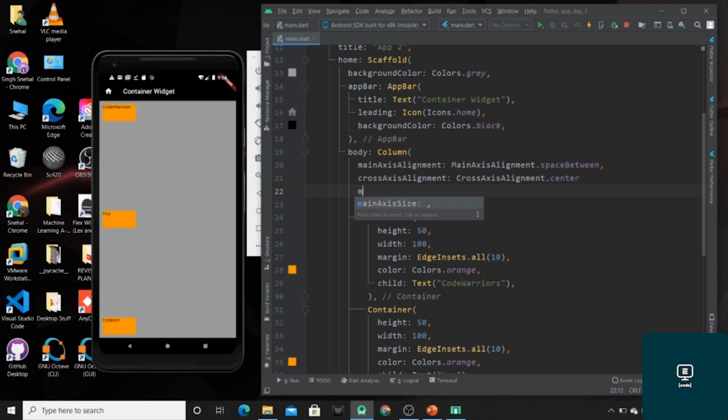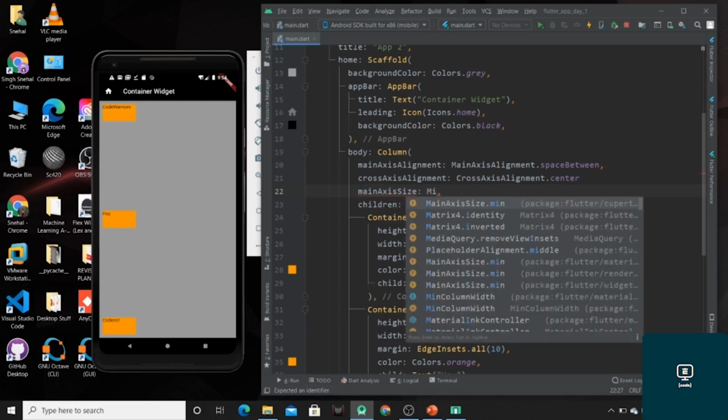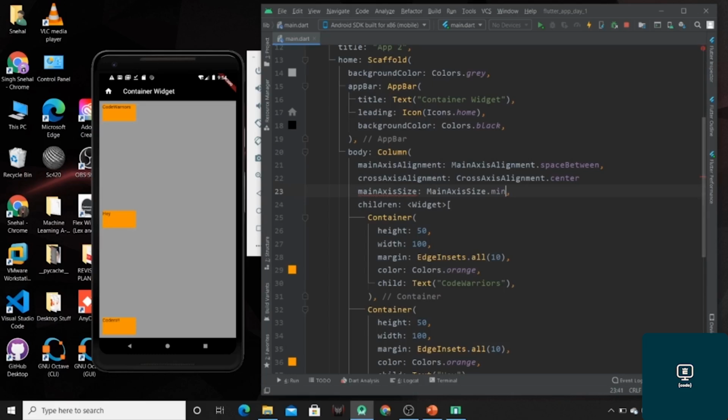Like I can give the main axis size as minimum size, and I can specify it as maximum size, so that the whole space can be covered or minimum space can be achieved. So here I have specified the main axis size as minimum, so this will occupy the minimum space that they can occupy.